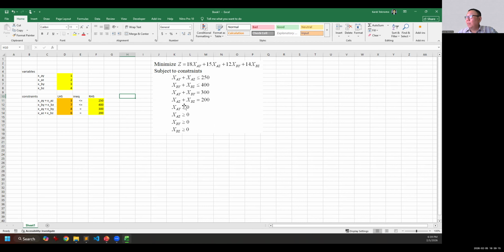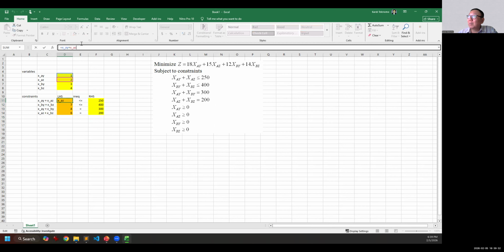This four constraint below, this is just boundary condition, right? So you don't need to type. So these are the four constraints that you need to type. So the most difficult part is actually to type this one.